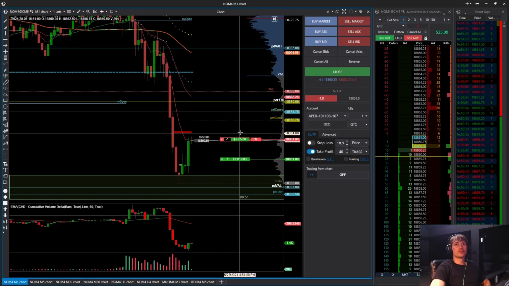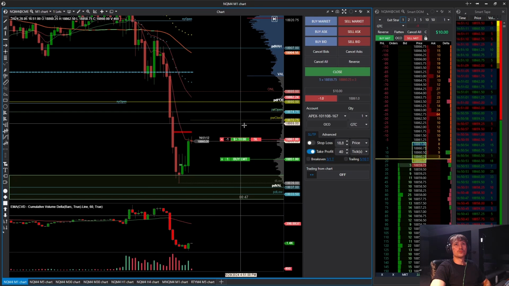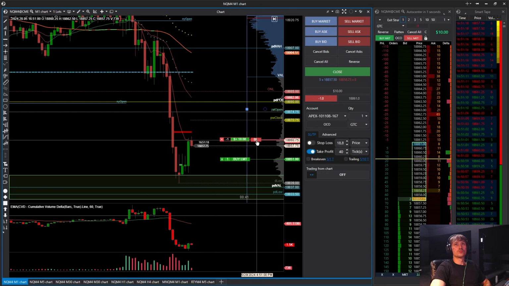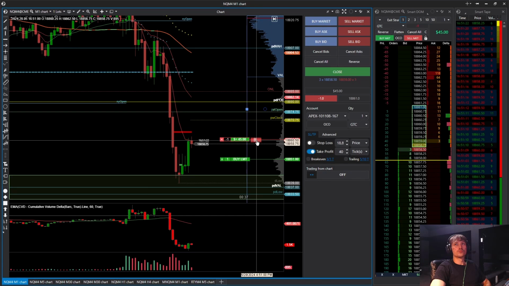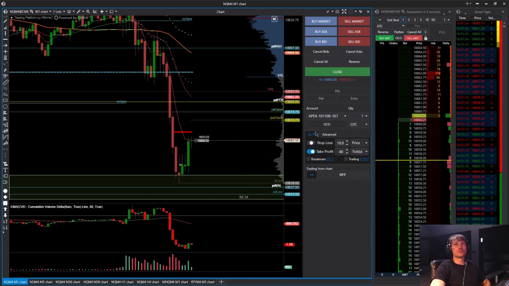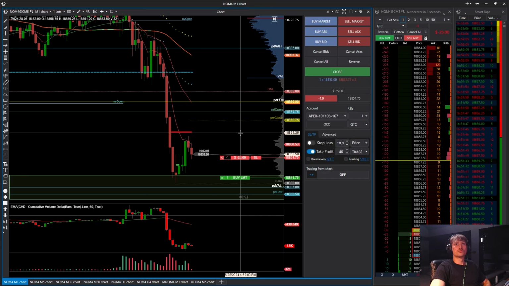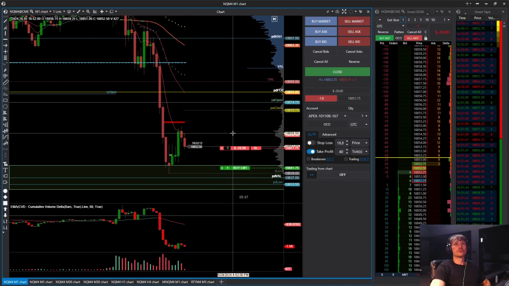So here we moved much lower after we rejected from the New York VWAP. And I entered a short because we backtested the ATMA, and this is an initiative trade, an aggressive trade based on trend continuation. As you can see here, the initiative sellers tried to push it lower, but I got stopped out because I choked the first